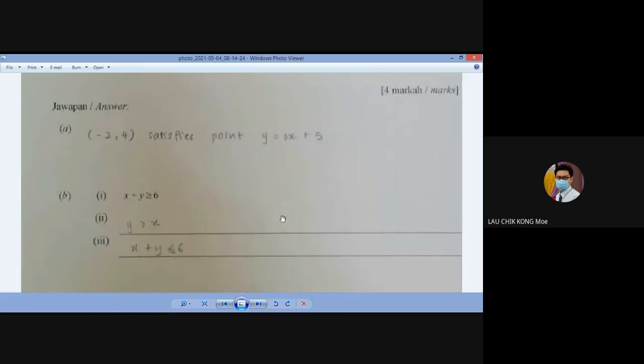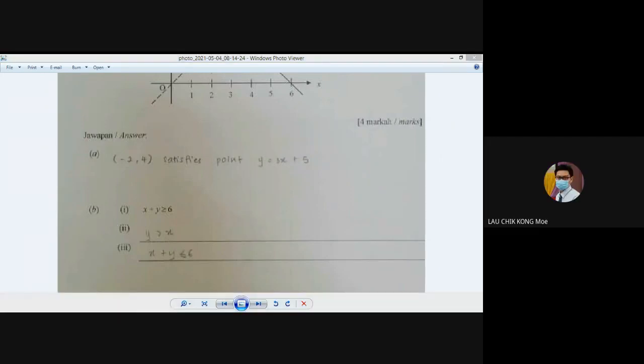Y equals to 3x plus 5, yes, I wrote like that. And then number 2 is y greater than x, and then x plus y less than 6, is it? Is this your answer? Yeah, my answer. Okay, your answer is